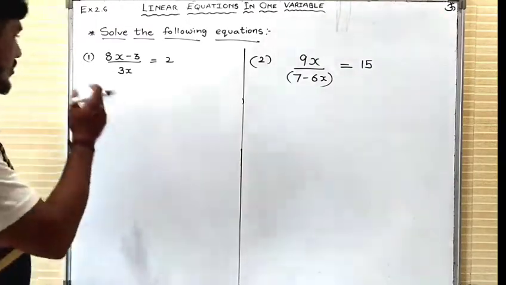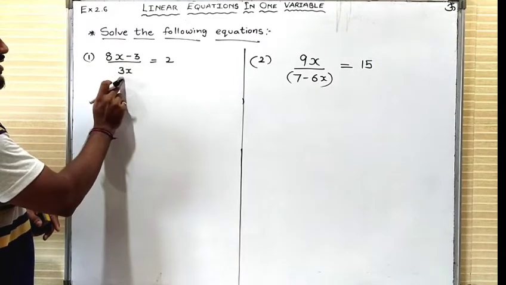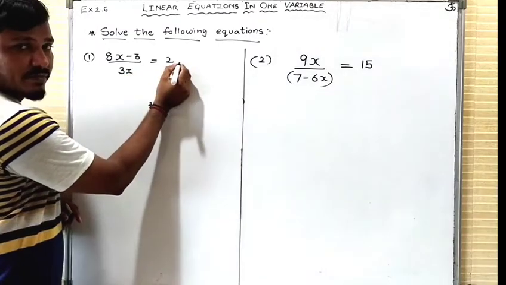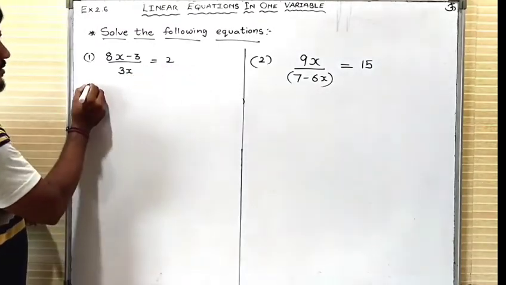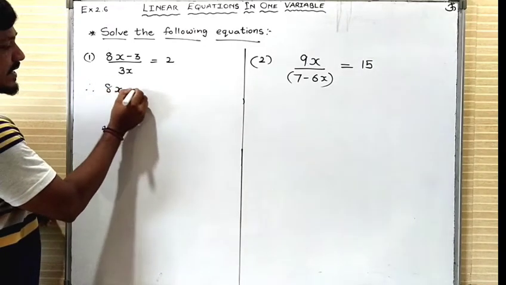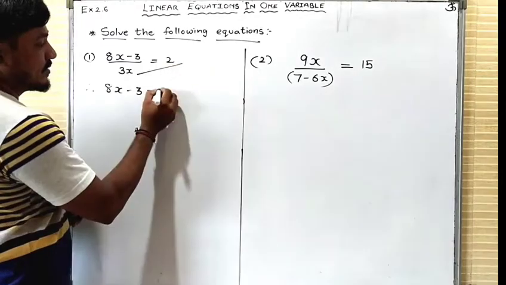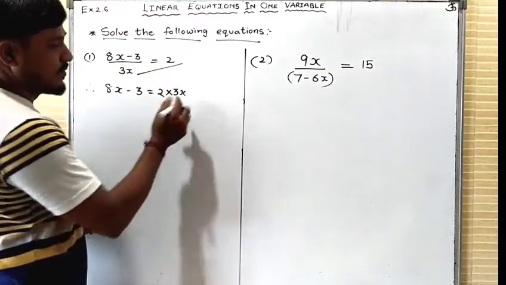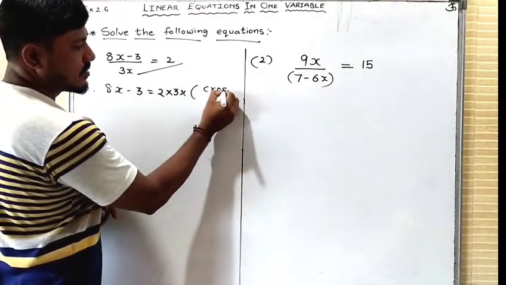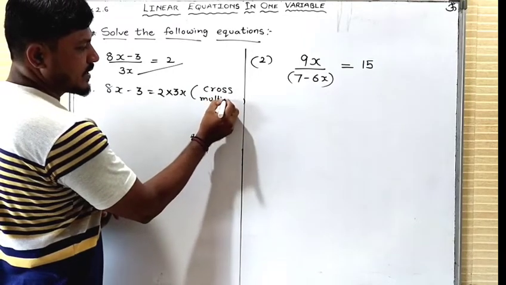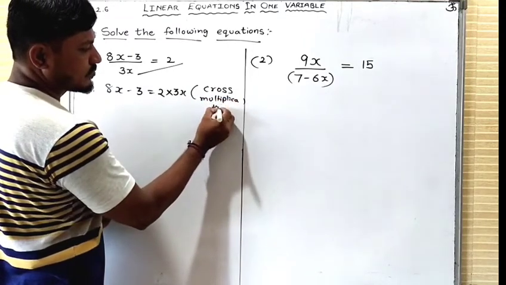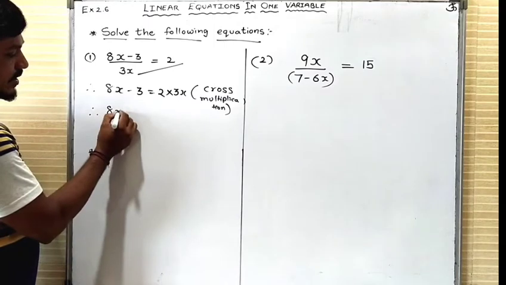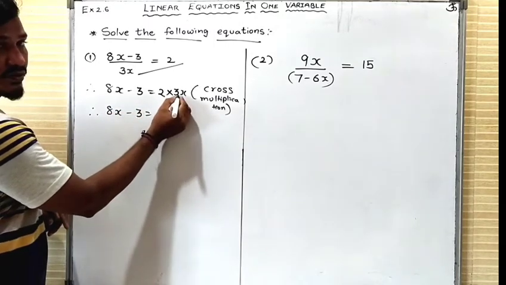So let us start. Now see, in the very first question, (8x - 3)/3x = 2. Now what I will do, I will try to bring 3x toward my right. So it is known as cross multiplication. Now write down this value 8x minus 3 as it is. Try to bring 3x beside 2. So whatever the value in division, it will go in multiplication form. So write down in bracket cross multiplication. After doing such, write down this value as it is. Now multiply if it is possible. 2 3s are 6.